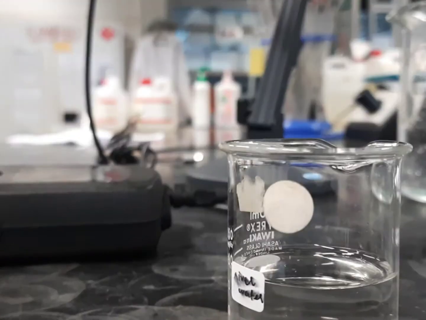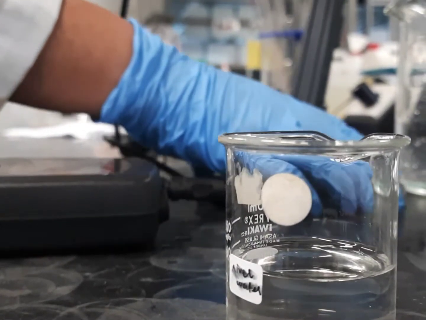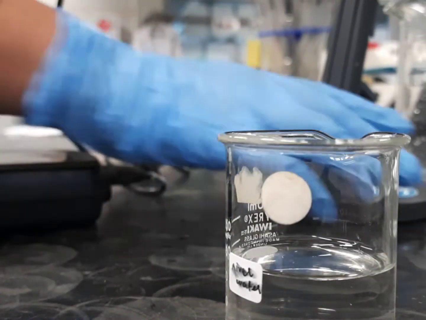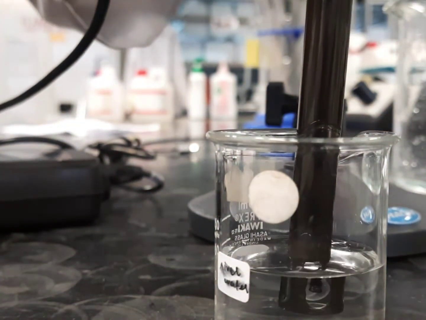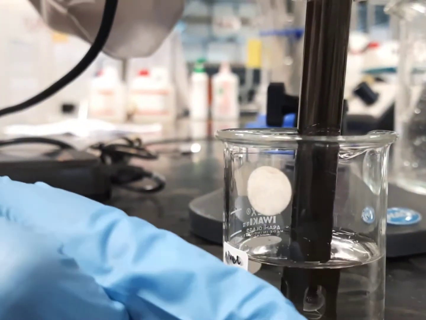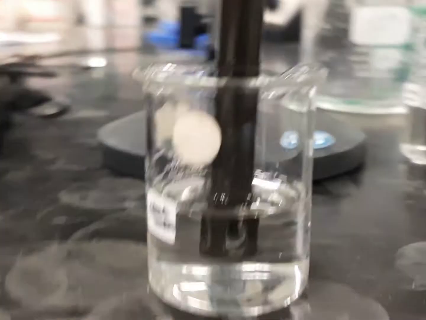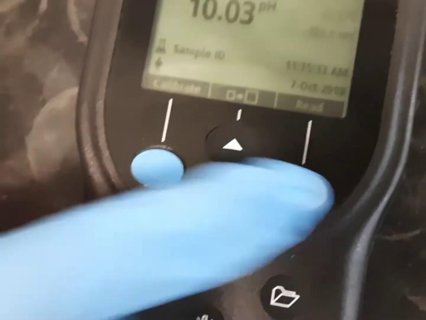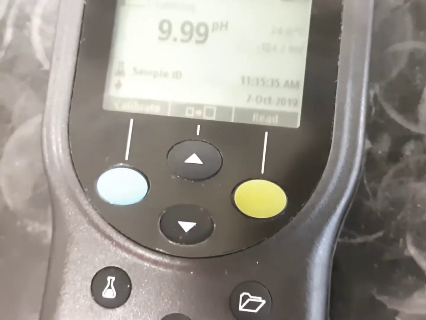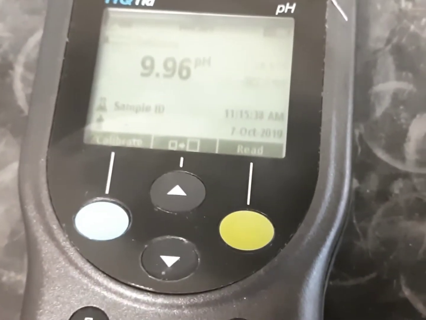For the measurement of pH value, we will insert the electrode into the river water sample and read the value here, and wait for it to get stabilized.